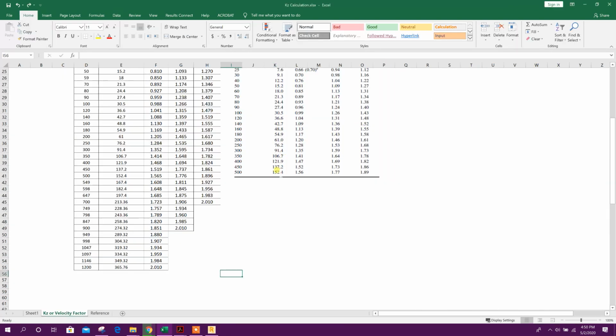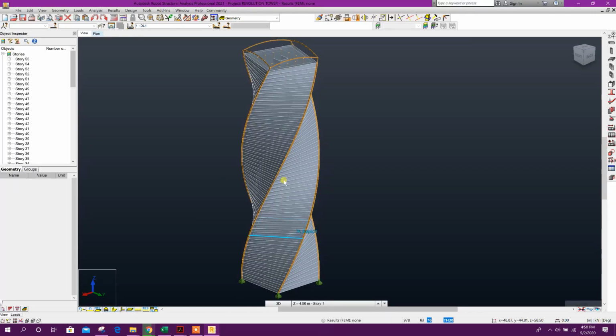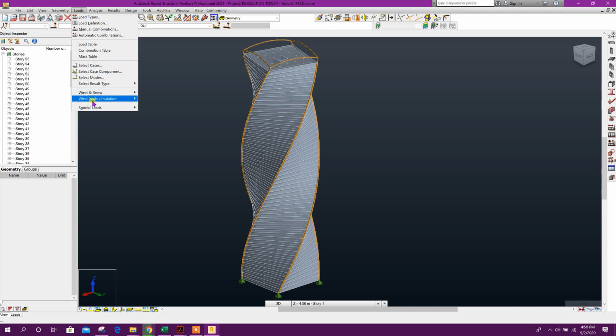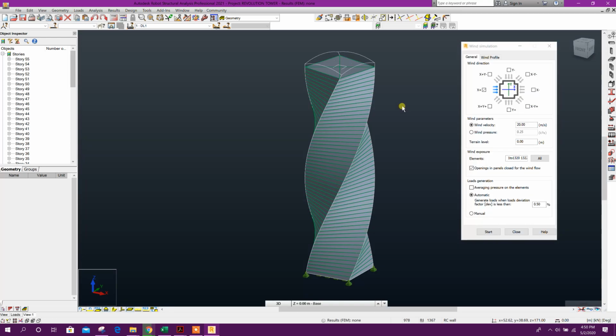Now close this file. Now we will go to Loads, Wind Load Simulation, Generate Wind Loads. We will go for all directions. Velocity we will provide 45 meters per second. You can provide as per your regional wind speed. Wind exposure means the exposure will be affected by wind.